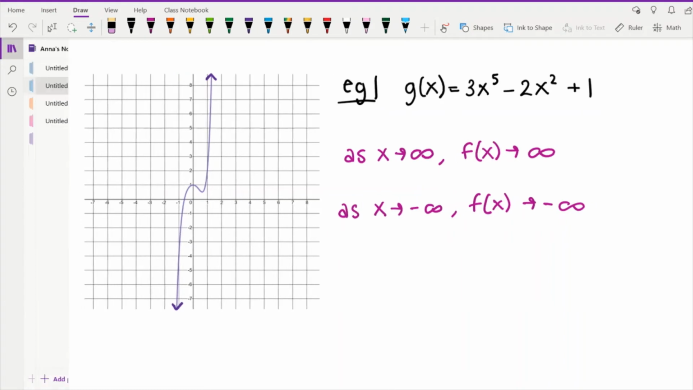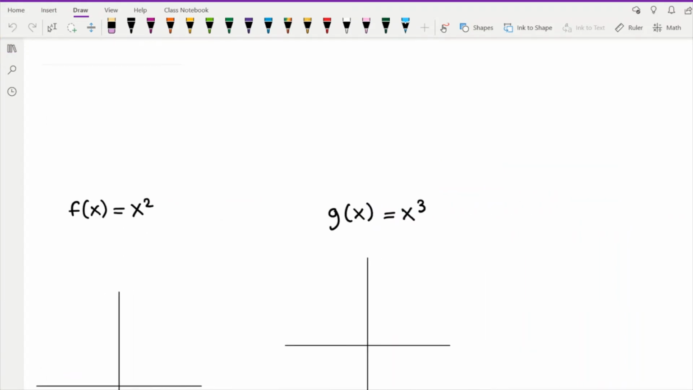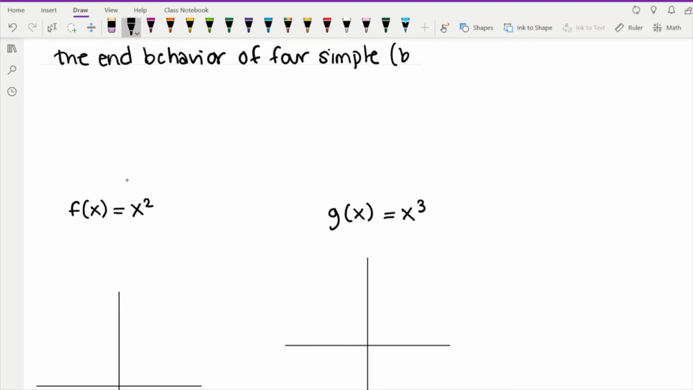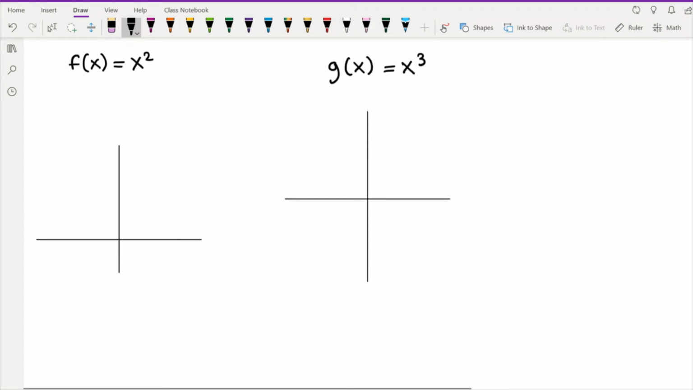Okay, so it turns out that in order to understand or identify the end behavior of any polynomial, you really only need to be familiar with the end behavior of 4 very simple polynomials. So let me title this the end behavior of 4 simple, but important polynomials. A polynomial can be anything that is powers of x,